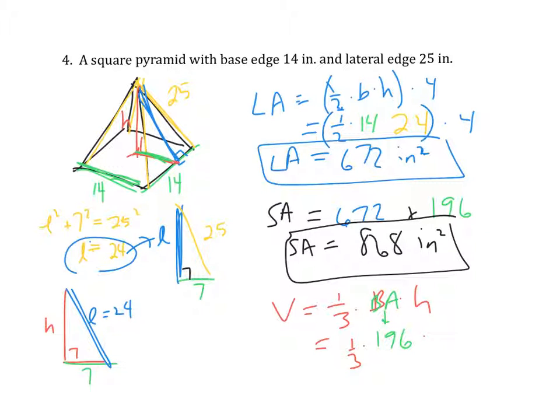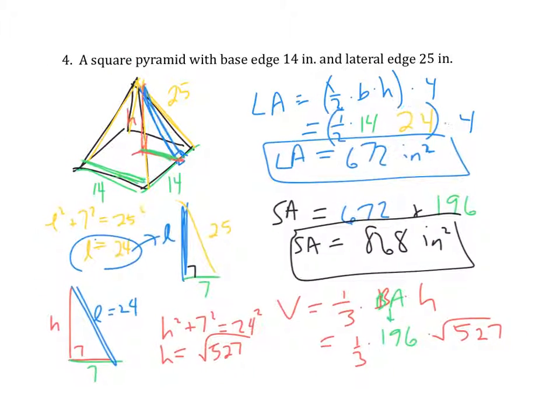And now we've got to go back to, yep, Pythagorean theorem, you got it. h squared plus 7 squared equals 24 squared. So h squared plus 49 equals, I'm going to let you do the rest of that on your own, because I'm out of space here, and h should come out to be radical 527. That's a fantastic number. So radical 527, I do not believe that that simplifies, so we're just going to go with that. And that gives me,